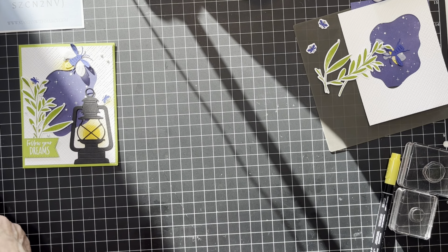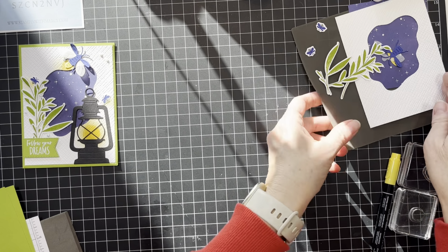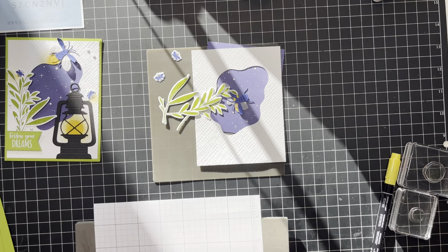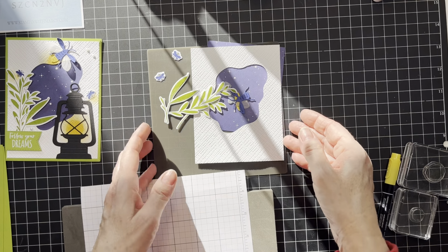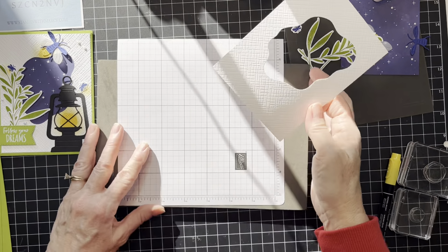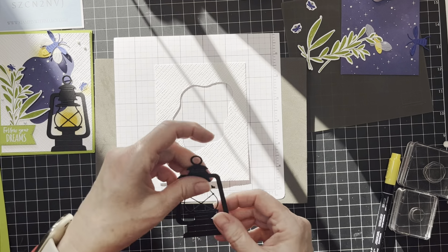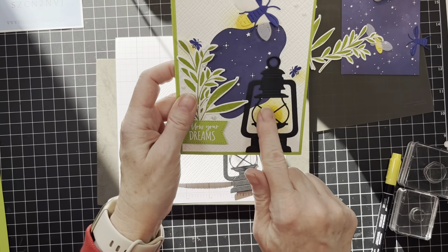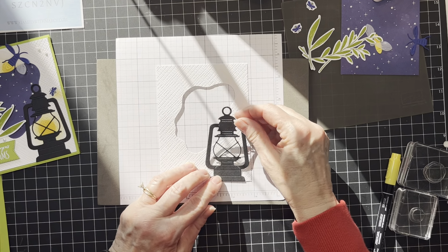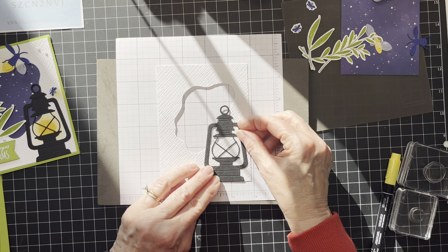Okay, so let's start to assemble our card here. We're going to, oh, we have to stamp. We're not done. I got ahead of myself there. We are going to line up our elements for the stamping of that flame glow. So I'm going to put my lantern right at the bottom,